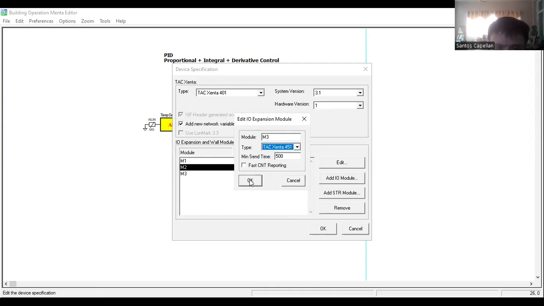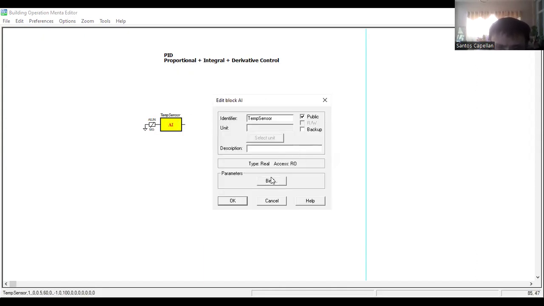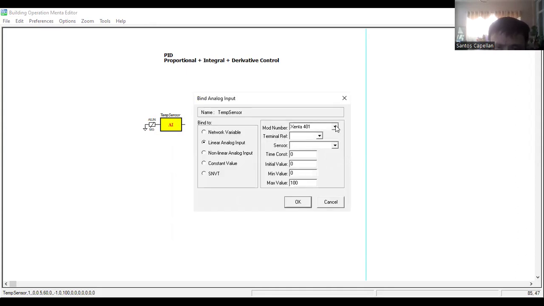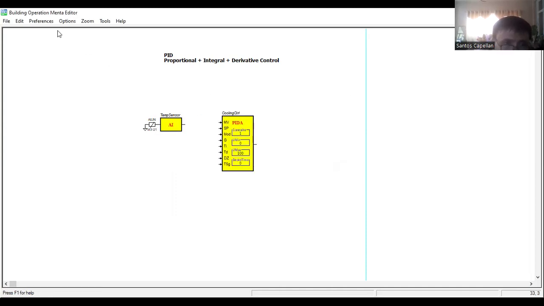451. Okay, let's see this one. Okay, then I think this one is for 9451. Now, this one is for analog inputs. Okay, so let's say 0 to 10 volts. No, wait. UI1. Let's say our temperature sensor is capable of giving 0 to 10 volts. Okay. Now, I will try again.